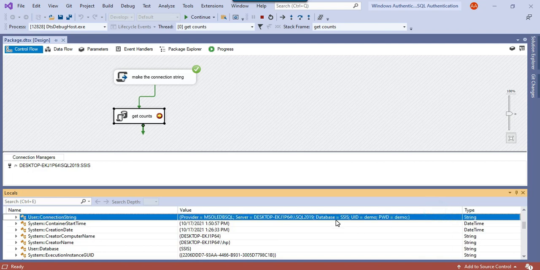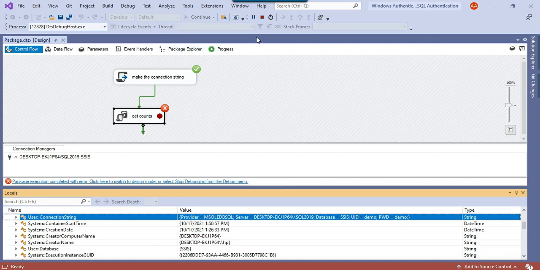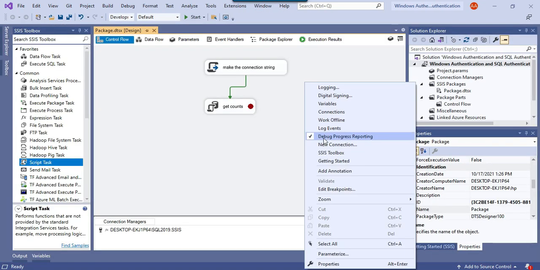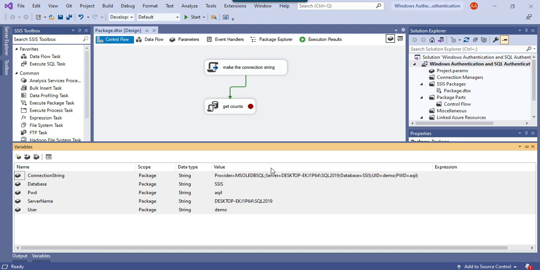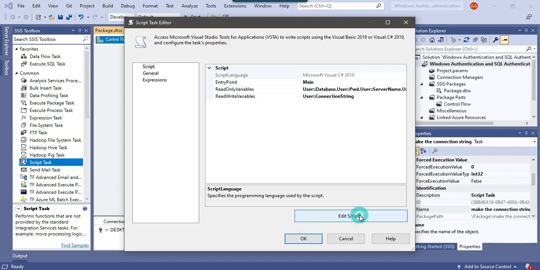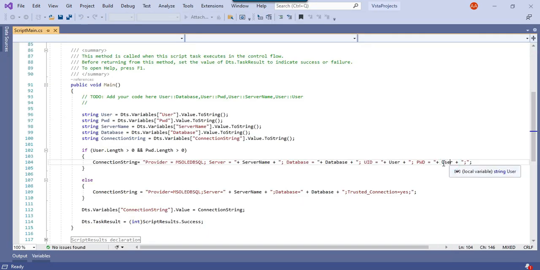You can see that it is using SQL authentication, because the username is demo and the password is demo, but the password is not demo, it's Akhil, so it will fail. Okay, so you can see that this failed. If I look at the connection, it seems like something went wrong: in the password I have not used the password, instead I used the username. So you can fix that in the C# code. Under password, instead of the password variable, I accidentally used the user variable, so that's why it failed. So I can copy this password and paste it here.